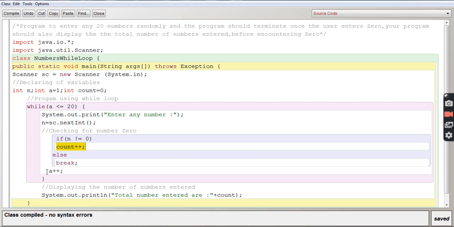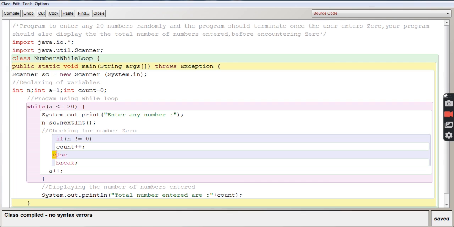It will go to the update now, a plus plus. It will become 4, and we'll go to the while loop. 4 is less than 20, true. This time again it is asking you to enter any number, n is equal to sa.nextInt. This time we are going to enter 0. So n is 0. So we'll check for the number 0. If 0 is not equal to 0, n is 0, 0 is not equal to 0, false.